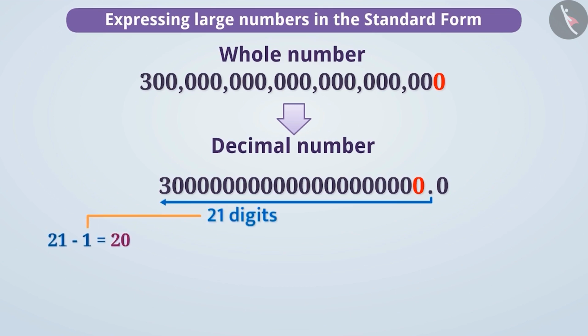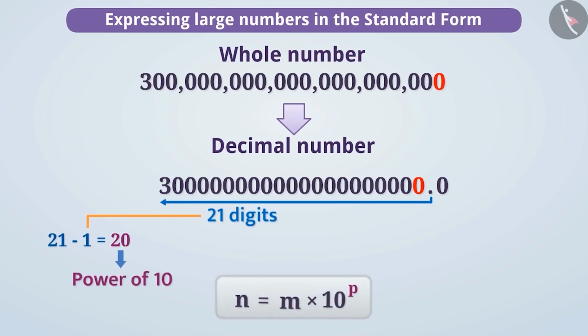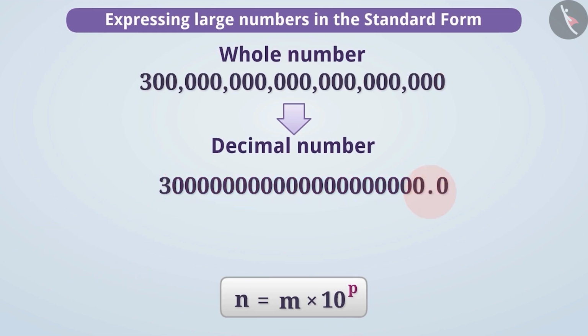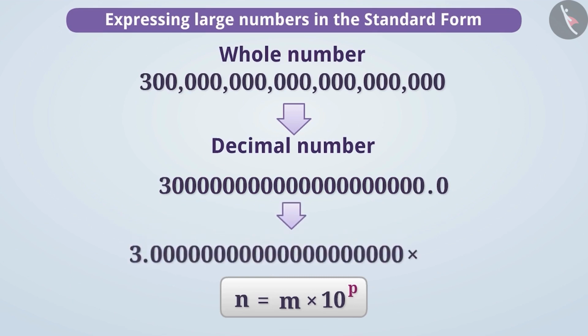If we subtract 1 from this, we get the exponent of 10 in the standard form. Thus, we get the value of p. By subtracting 1 from 21, we get the value of p to be 20. We have subtracted one digit because we have to show the decimal point after the leftmost non-zero integer. For this, we will have to write one digit less than the number of digits. In this way, we can place the decimal point to the right of digit 3.